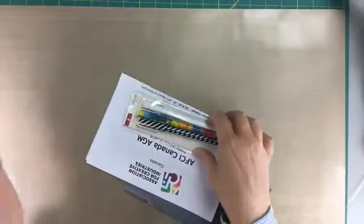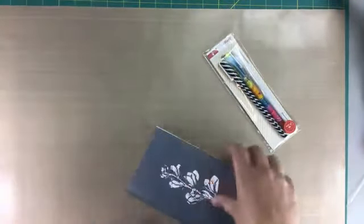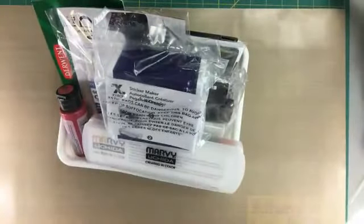Oh, another Southern Ridge I snagged. Oh yes, here we go. See, AFCI Canada AGM. Okay. Oh, and there were some pens in that goodie bag too. So it's nice to have goodie bags. Goodie bags are good. I'm not showing you everything, but trying. Doing my best. Okay, now I have a whole box full of things, and this is the Prime networking